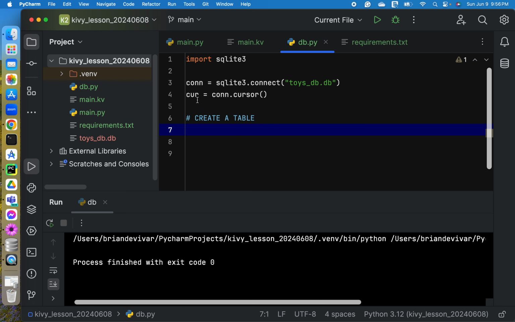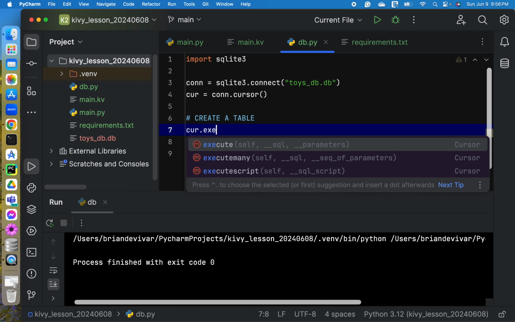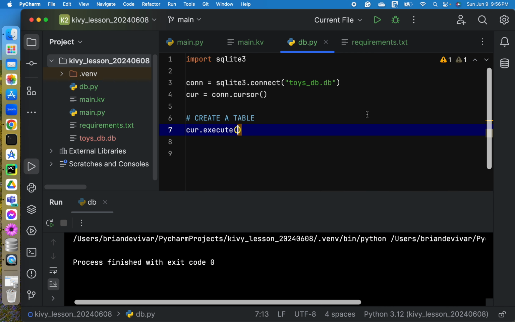So the cur variable here, this is the one that actually does all the heavy lifting. So for example, if we want to create a table, we will need this cur variable that we have created, and it contains the execute method here.